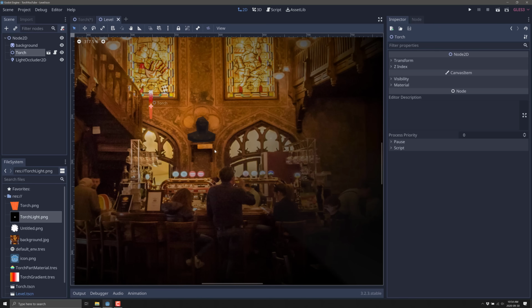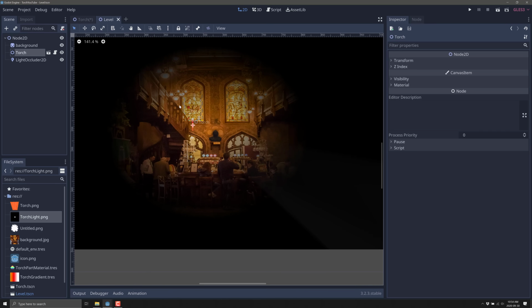Instead, we looked at quite a bit today here. So we got this nice little dynamic torch in the scene. Again, there are some definite flaws with this approach because you could only have one in the scene in this particular case. So this approach would only realistically work if you're dealing with a single character's torch, and otherwise the occlusion mask approach that I'm taking here, it won't actually work for you.